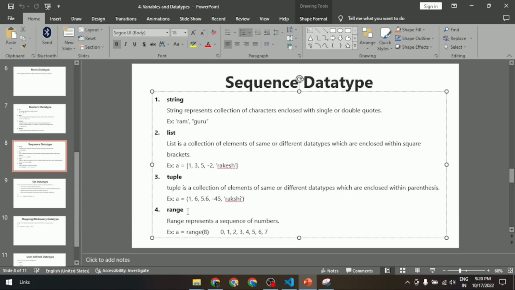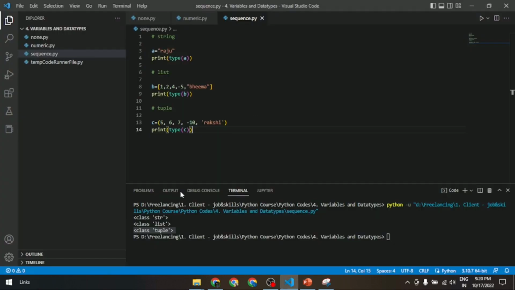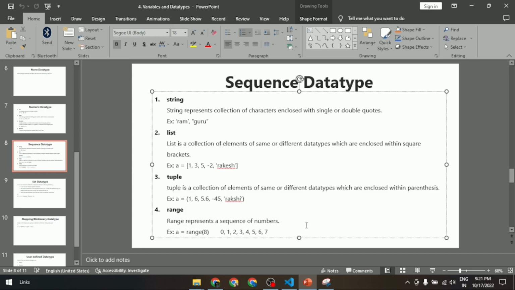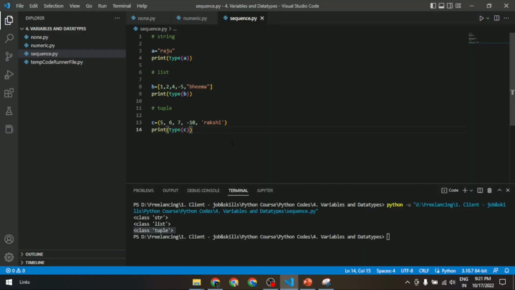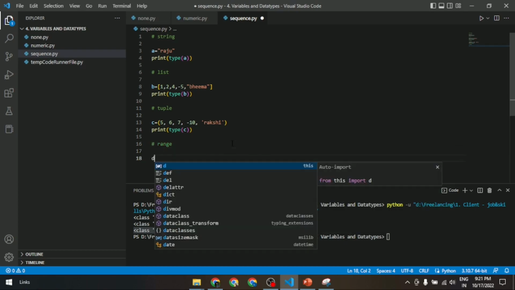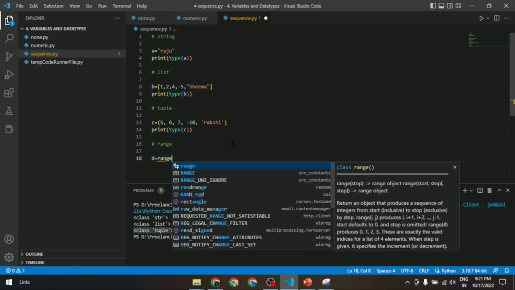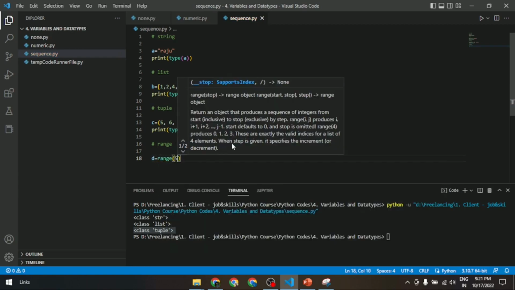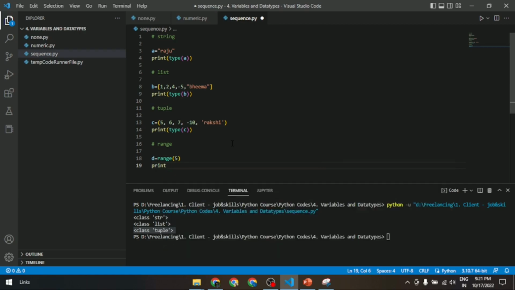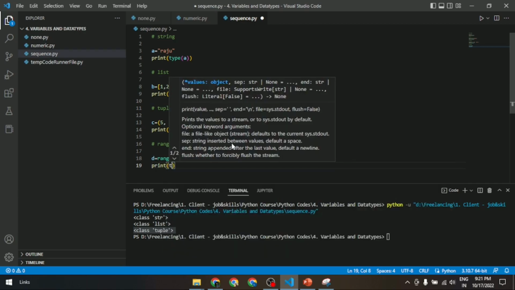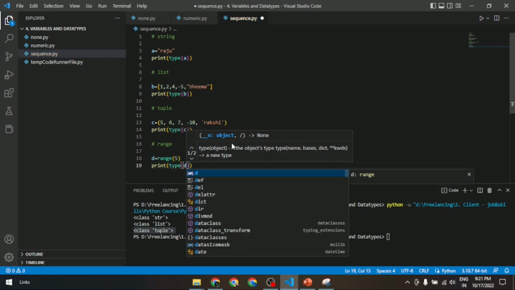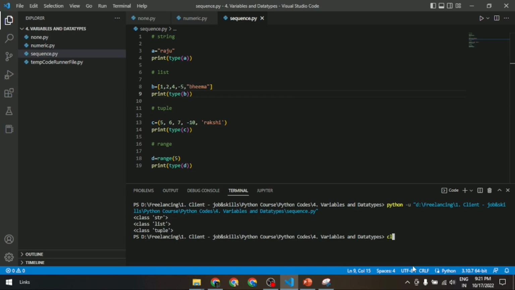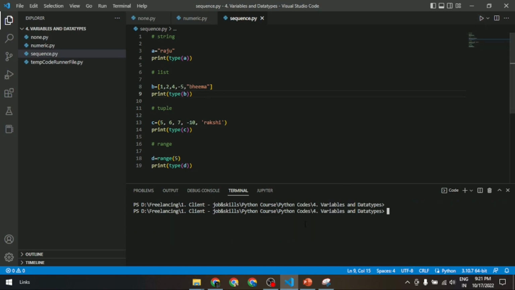So we have completed tuple, and the final and last data type of sequence is range. Range is a function which represents a sequence of numbers. It can be used as a function in order to create a set of numbers. So we can have an execution with range of 5. Print type of t. Then if I run this,